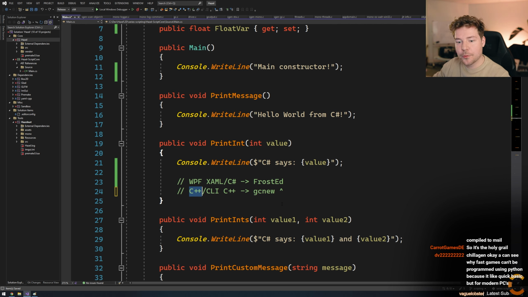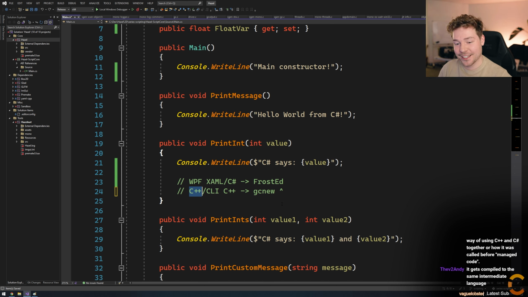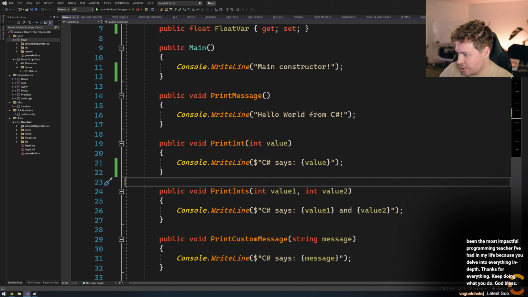It's almost like, yeah, if you wanted C++, it's the holy grail. Exactly. If you wanted C++, but you also want this object to be garbage collected, then you can actually do something like that, which is kind of cool. Maybe I'll make a video about that at some point. That sounds somewhat fun.